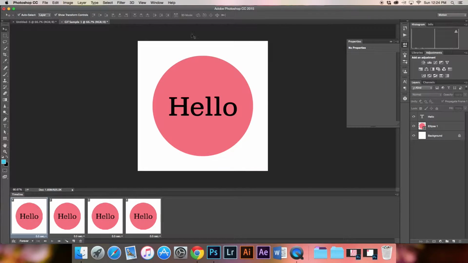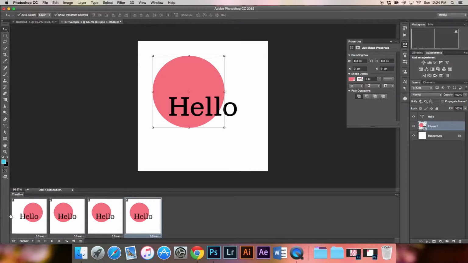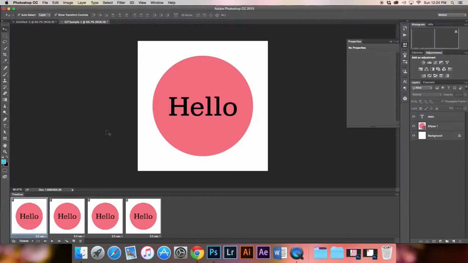I'm going to undo that really fast, and then let's say I wanted to start the circle smaller and have it grow over time, but you'll notice when I start scaling down the circle, it will apply to the rest of the images.